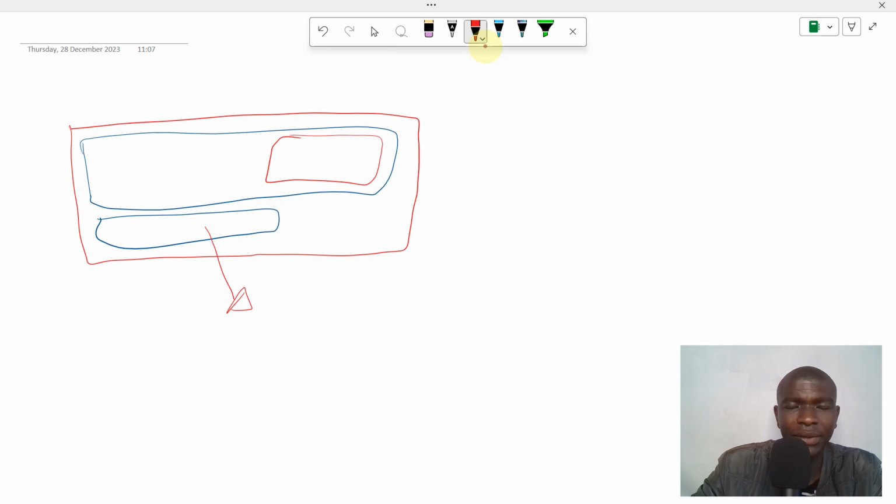If the position for this button, my apologies about that, is relative, it's positioned relative to its siblings and the parent container, so it takes up physical space here. Let's say we've decided to hide this. It can hide, but the space that it's occupying is not going to hide because it has been positioned relative. But if it can be positioned absolute,